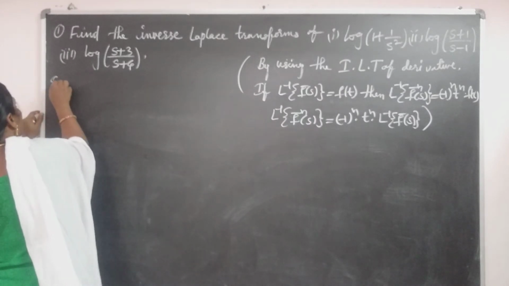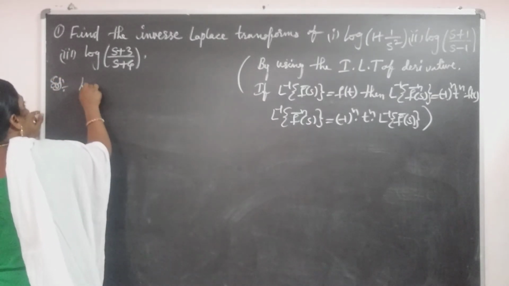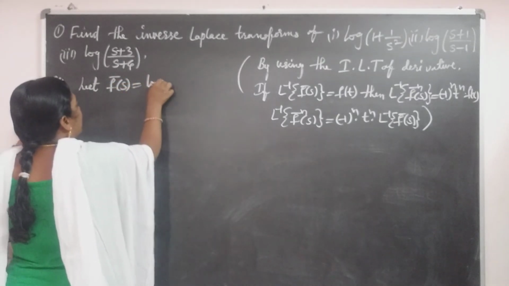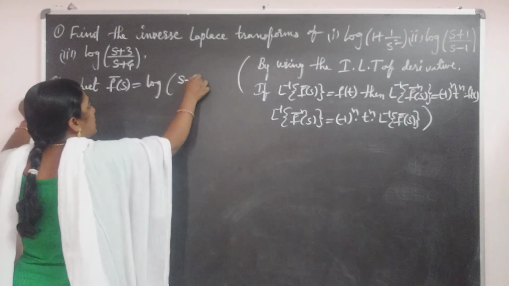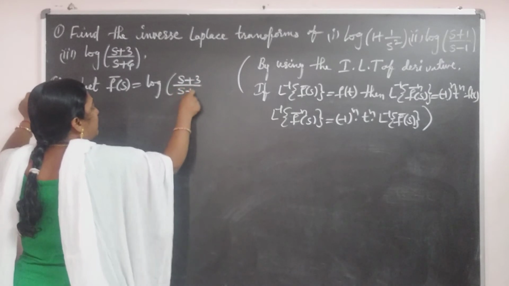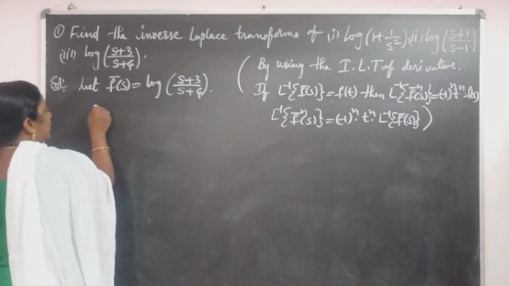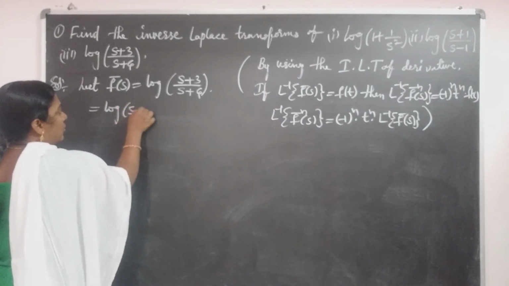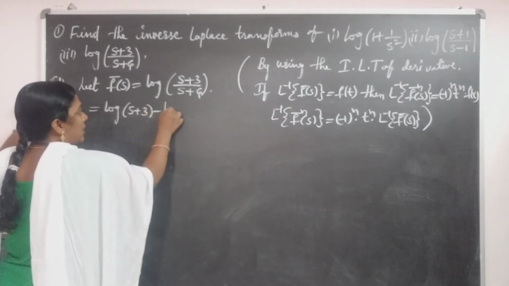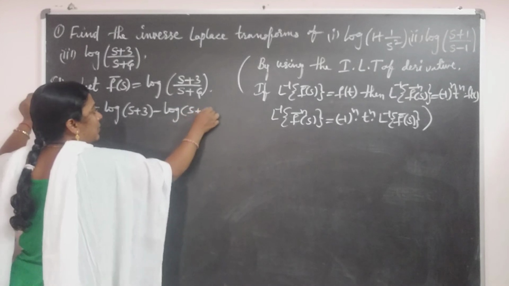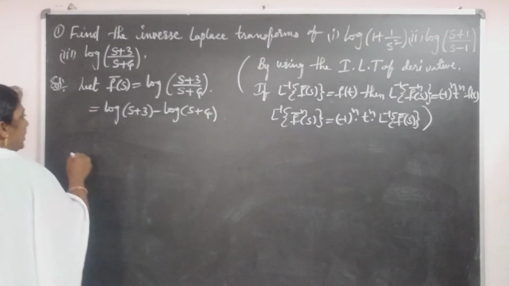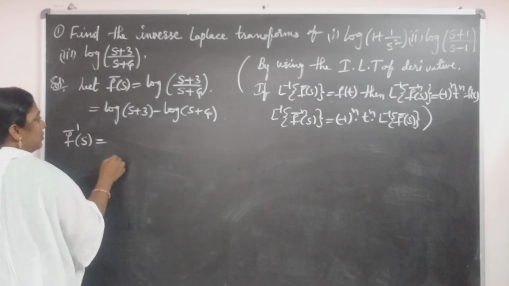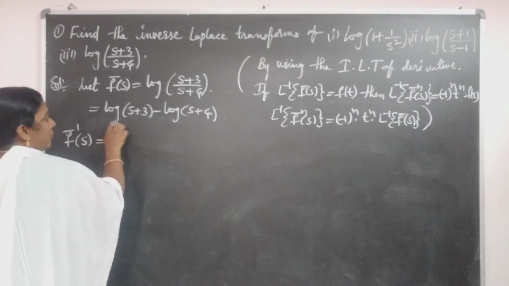Third one, let f bar of s is equal to log of (s plus 3) by (s plus 4). It is written separately by using the log property, that is log of s plus 3 minus log of s plus 4. Next, taking derivative on both sides, f bar dash of s is equal to, derivative of this is